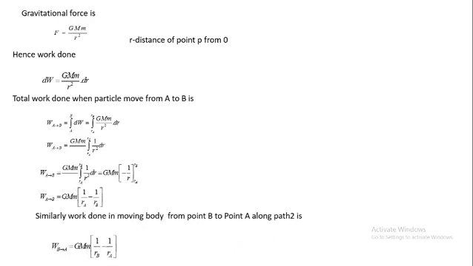Now if you similarly consider the work done in moving the body from point B to A along the path taken, then the work done is equal to this. Only the initial and final states change. Now B is the initial state and A is the final state. So your integration runs from RB to RA. Everything else is the same, Gmm is constant, 1 upon R square, minus 1 upon R. Here it is RB and here it is RA in the second case. So we get the equation 1 upon RB minus 1 upon RA.